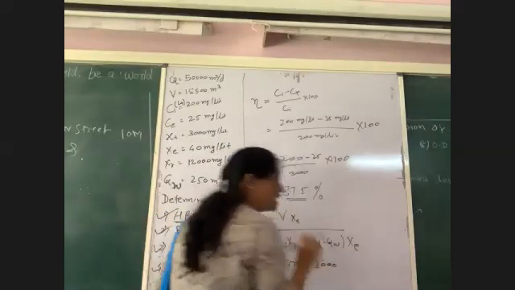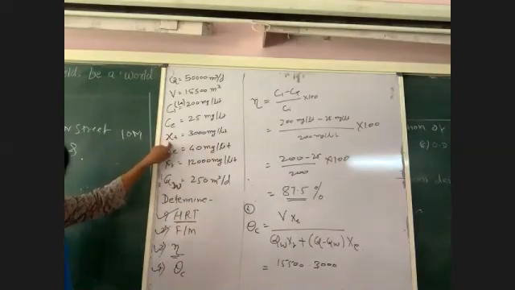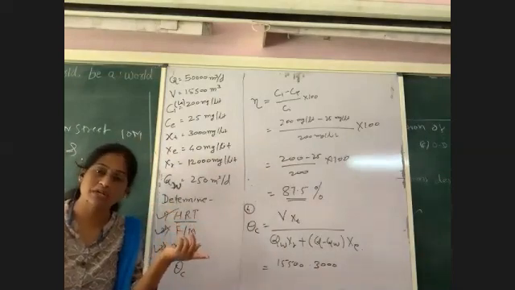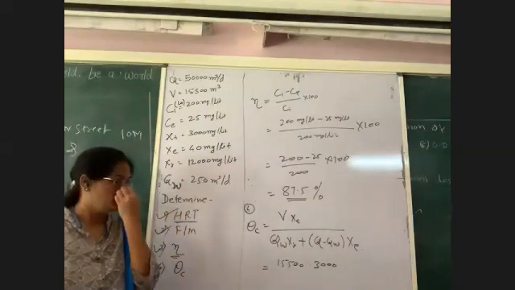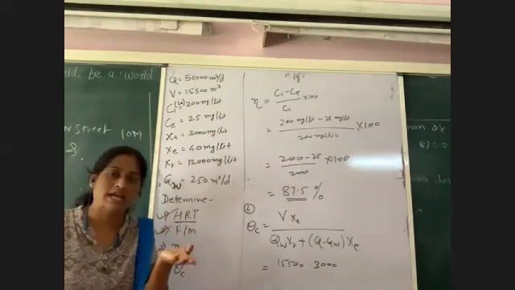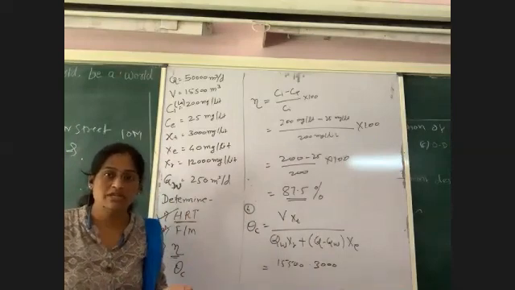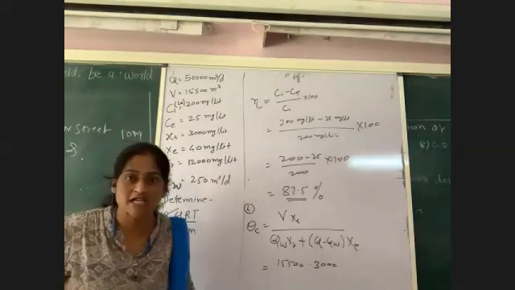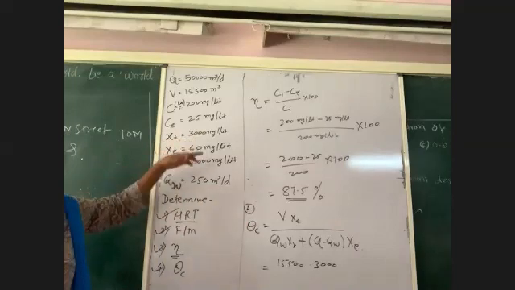And many of the times the XT value is not being given. So at that time, you should assume. How you should assume? Because the design parameters I have dictated you, for the conventional activated sludge process, conventional aeration tank, as well as for the completely mixed aeration tank, I have given to you the design parameters. From that chart, you can assume many of the times that XT is not being given to you.